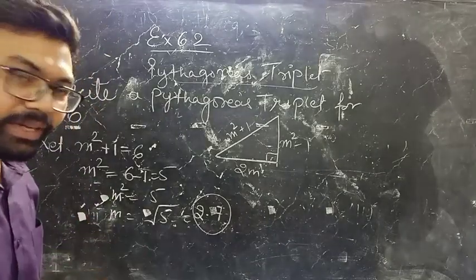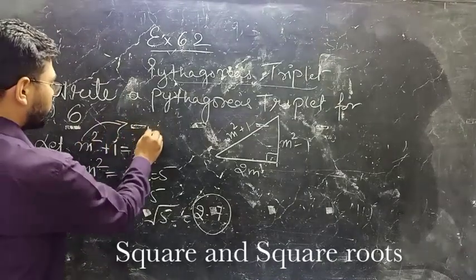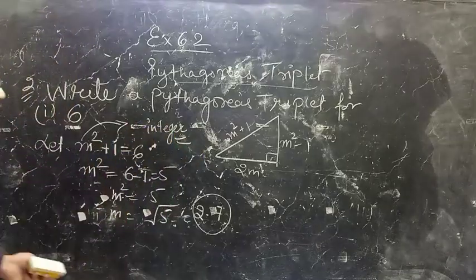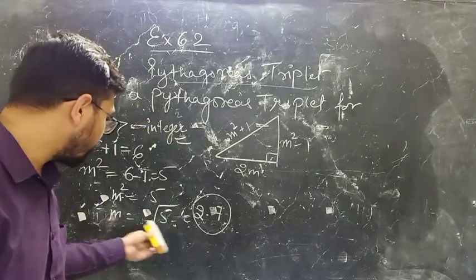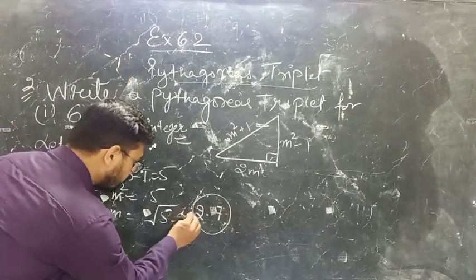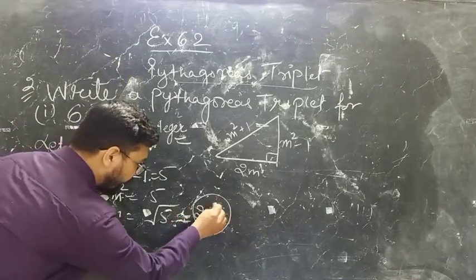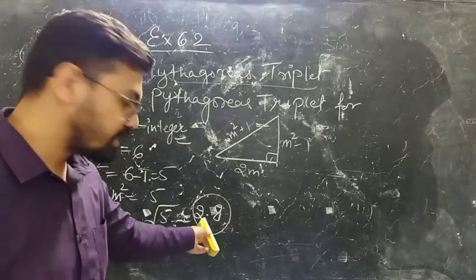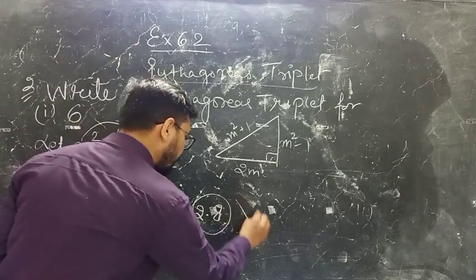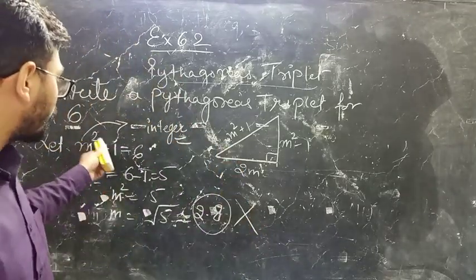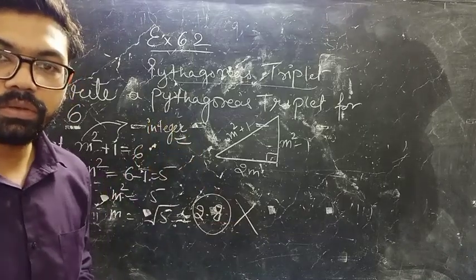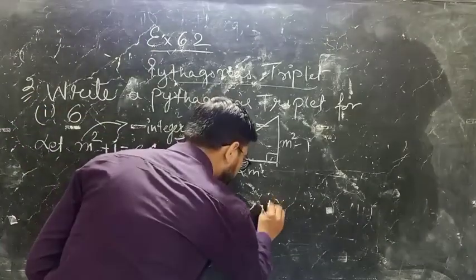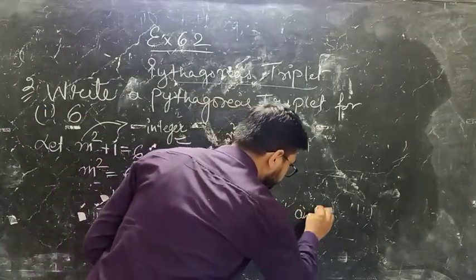So the mandatory term is m must be an integer, but here what I got is m equals to 2 point something. This is an approximate value, or you can write this is 2.8 something. Okay, this is not a whole number, right? This is in decimal, so that's why m square plus 1 cannot be equals to 6. The reason is this is not an integer.